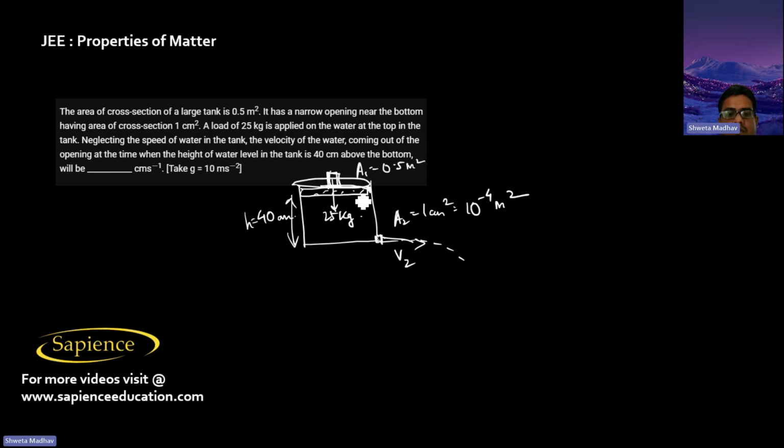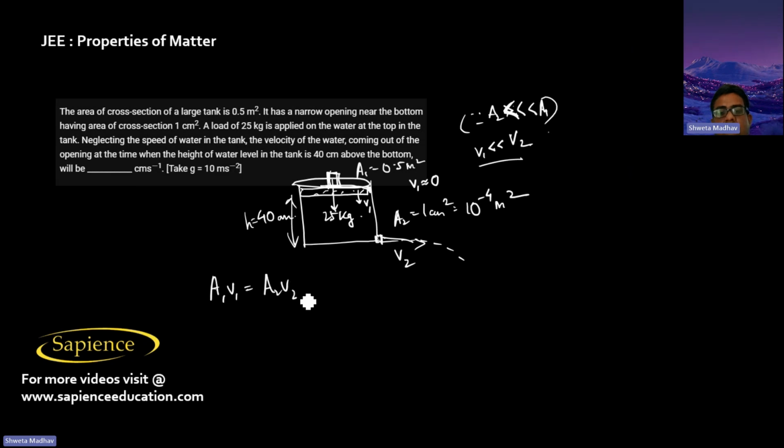So the speed of water in the tank we have to neglect, which means V1 will be approximately 0 only, since V1 will be much less as compared to V2. Obviously A2 is much less than A1. So the speed at which water flows in the tank is negligible as compared to the velocity with which water comes out through the opening. Here we can apply the equation of continuity, which is A1 V1 equal to A2 V2. From here we can find V2 also, but